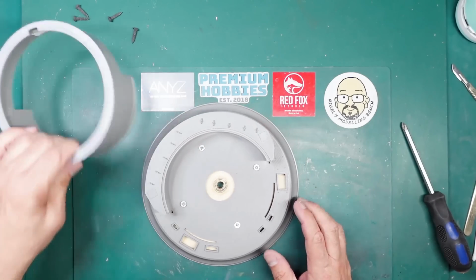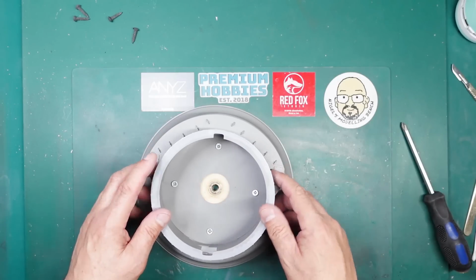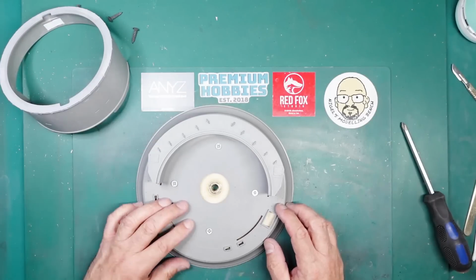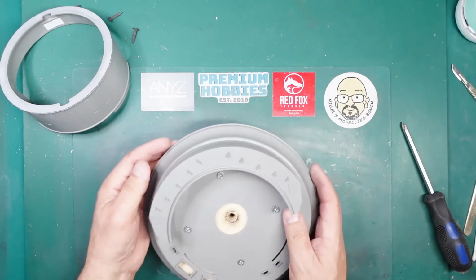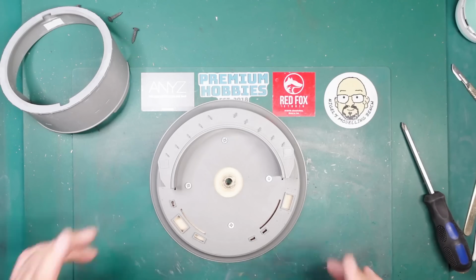But I'm happy with that. And with that now all released, this should fit a lot better, and it does. So you can hear it just squeaking. It's just got a tiny bit of movement there. So that's the way to go. So what we'll do now is we'll get some plastic card in there, shim it. It's a lovely base now. It's nice and solid. It's quite weighty. So cool. Happy with that. So I'll get some plastic card in there, get these tightened up, and then I'll see you when I've done